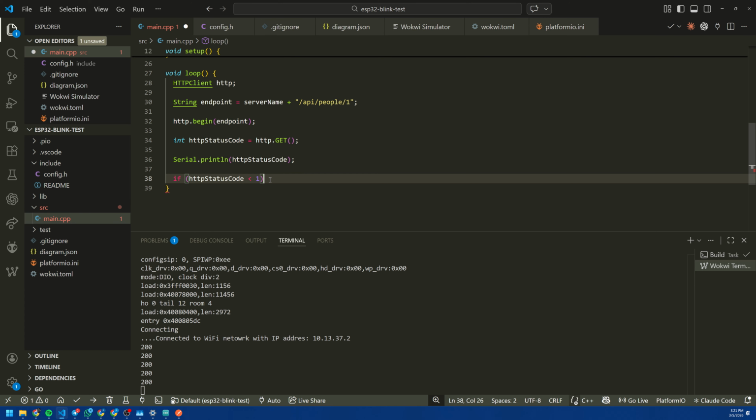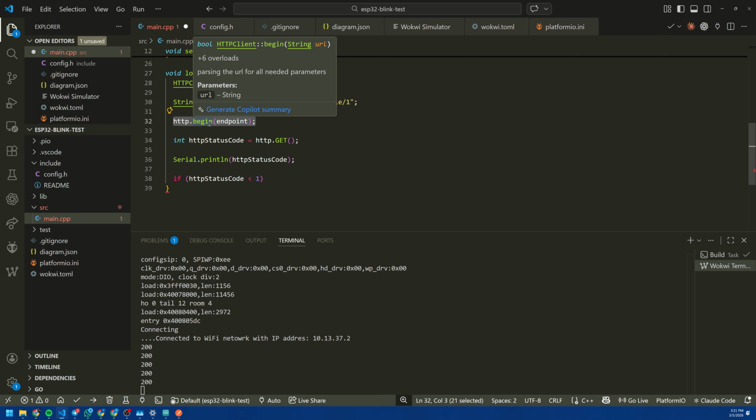If it is less than 1. So I would have taught you about the different status codes, like your 200 and your 201 and your 204 and all that stuff, right? This particular function that we're using, http.get, will return a valid HTTP status if it is able to communicate with the server. But if for some reason this function is unable to get to that server, for whatever reason,